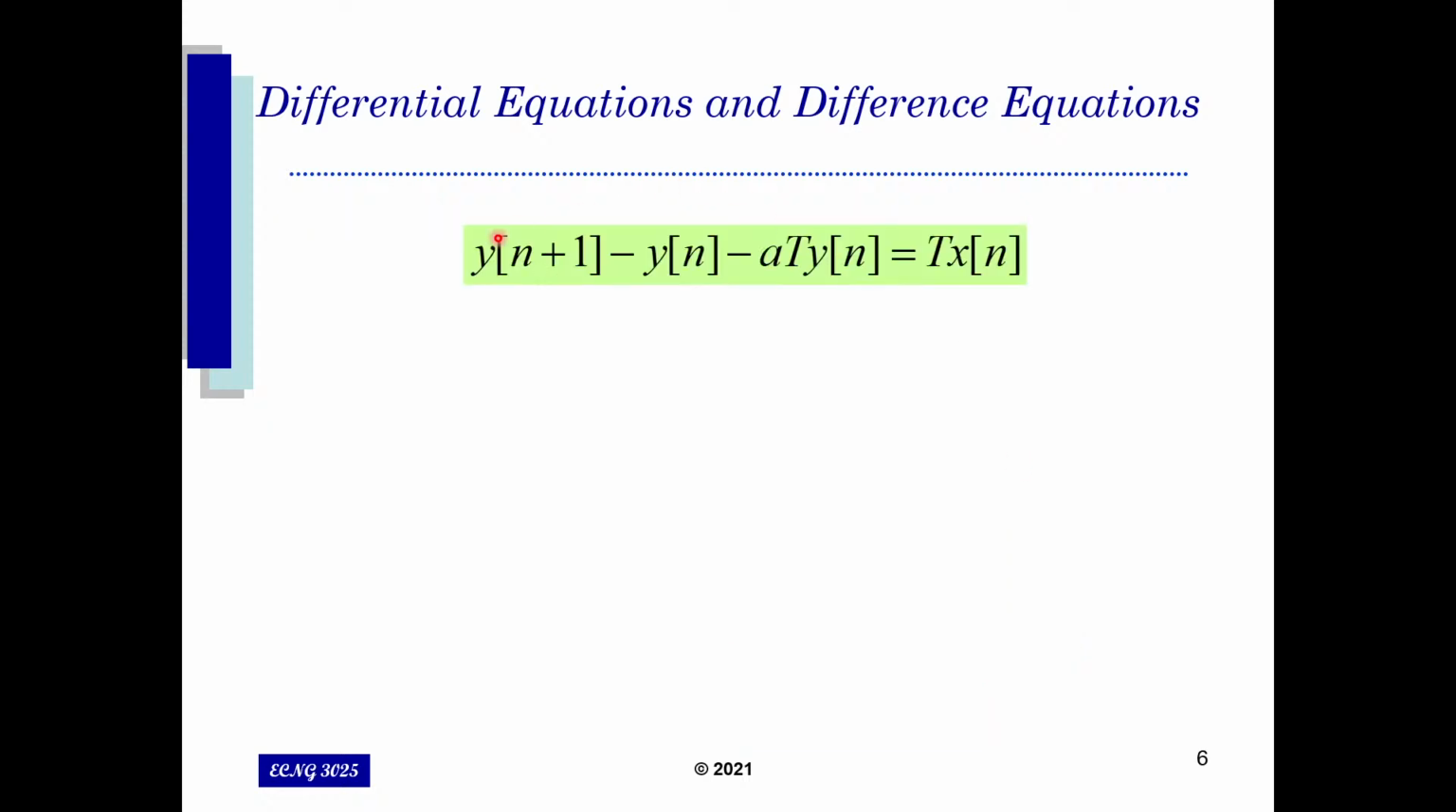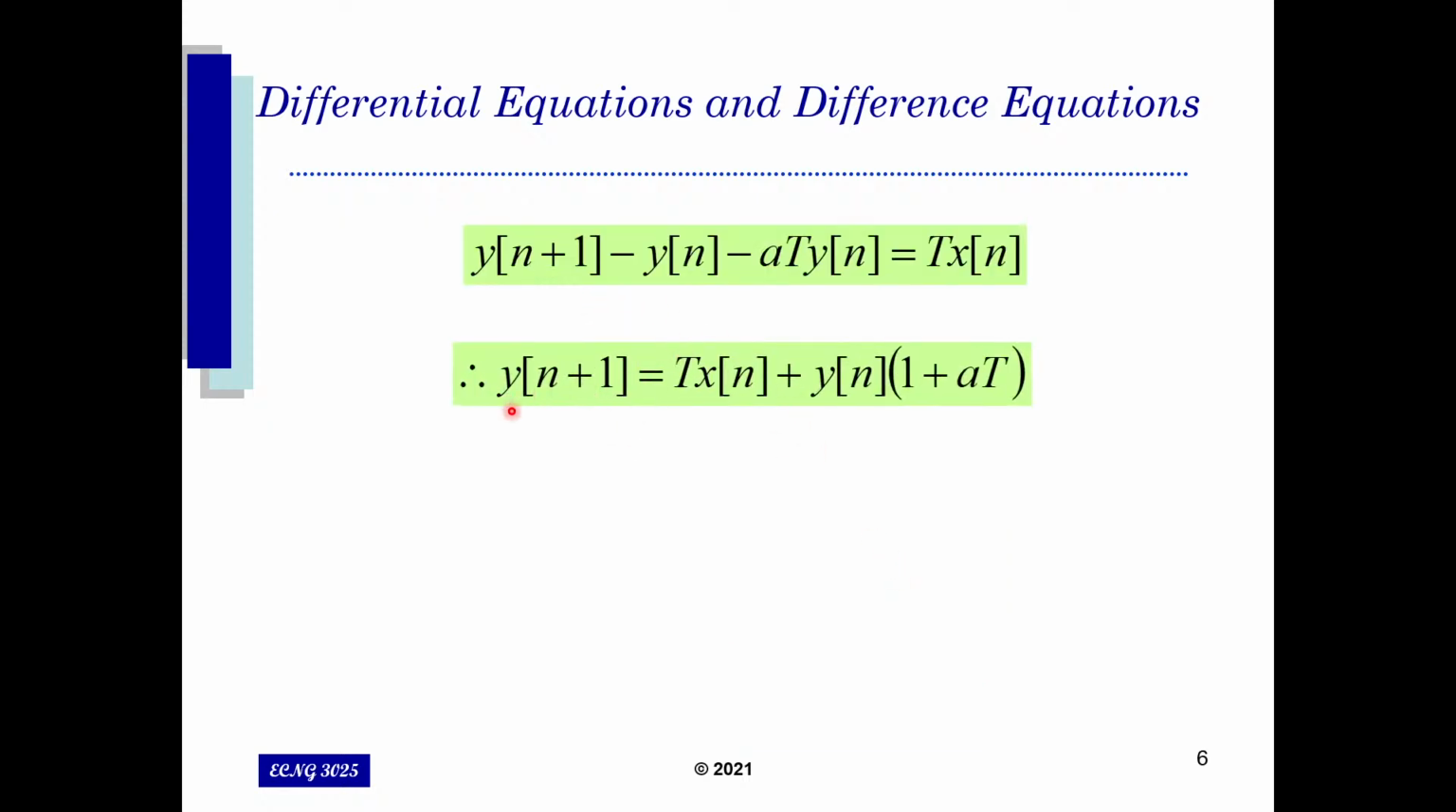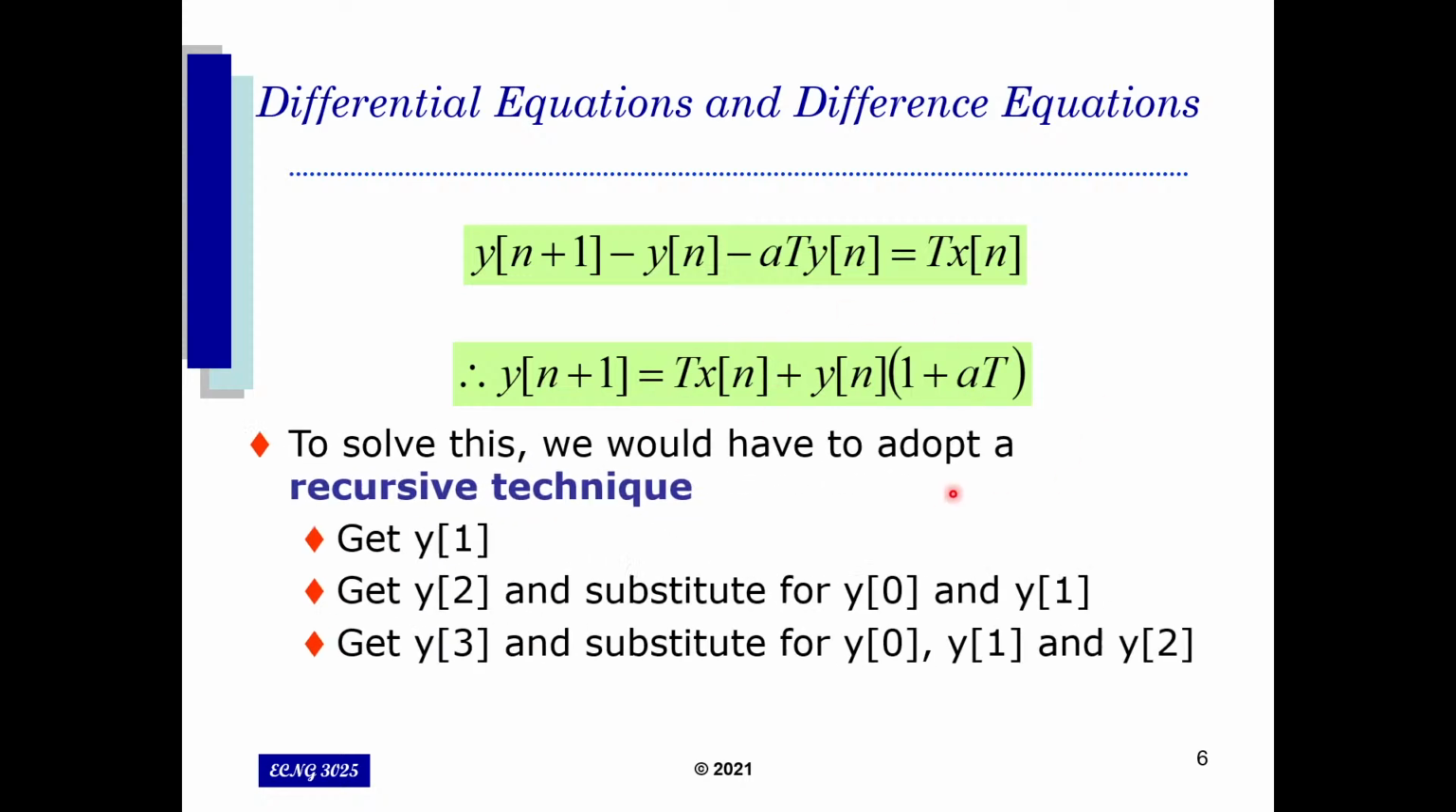So we can rearrange that difference equation that we have here, and we can get it in terms of y of n plus 1 and have x of n and y of n on the right hand side here. Typically, if you're trying to solve this, because this y of n plus 1 term occurs one instance more than the x of n and the y of n terms, this means normally you'll have to use some sort of